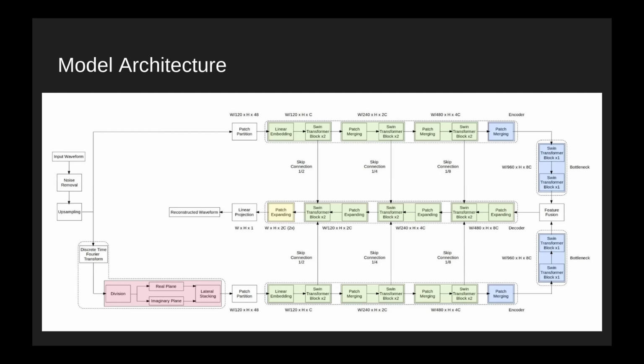As Akash has described this in detail, and we have also discussed it earlier, I won't go over it all again. We get an input waveform and put it through pre-processing, then one part goes to the time encoder and the other goes to the frequency encoder. Before that, we do all the tokenization, which Akash just described. This lower part is the frequency encoder. We get features from both the encoders, which are fused, and once they enter the decoder, they are processed and we get a reconstructed waveform. This is the overall architecture of the SciNet model.